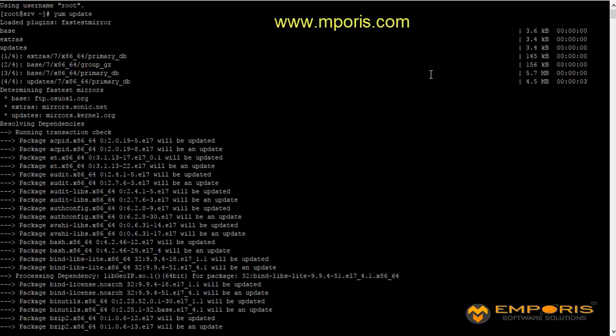Emporis software solution. Today we are going to guide you how to install Apache, MySQL and PHP on a Linux environment. First of all, you should have your own private server, that is your virtual private server or dedicated server